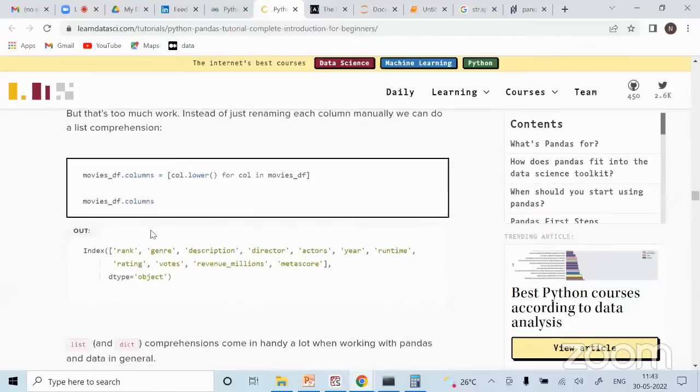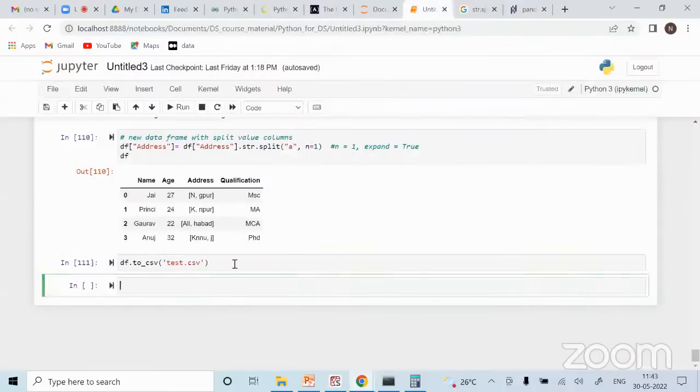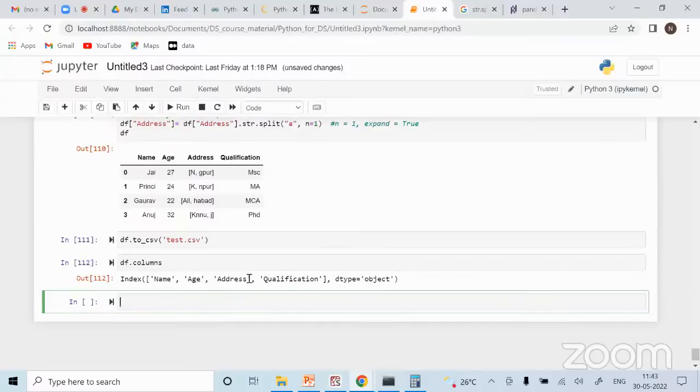Okay. Then you can use this kind of list comprehension. So we learned about this when we were learning about loops, right? अगर आपको कुछ simple operation perform करना है तो you can do these list comprehensions. तो what it does is, simply ये वाला अपन देख लेते हैं. तो like for example अगर मैं df columns करती हूँ, right? It's a list and I can see कि ये capital letters में है. Let's say I want to convert them all to uppercase. How I can do it is simply, because you think like that it's a list, right?